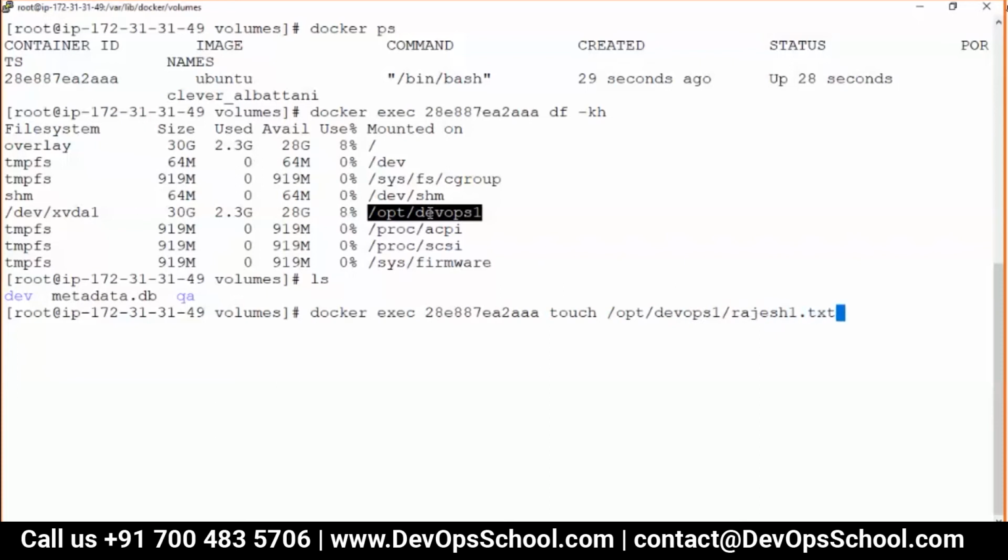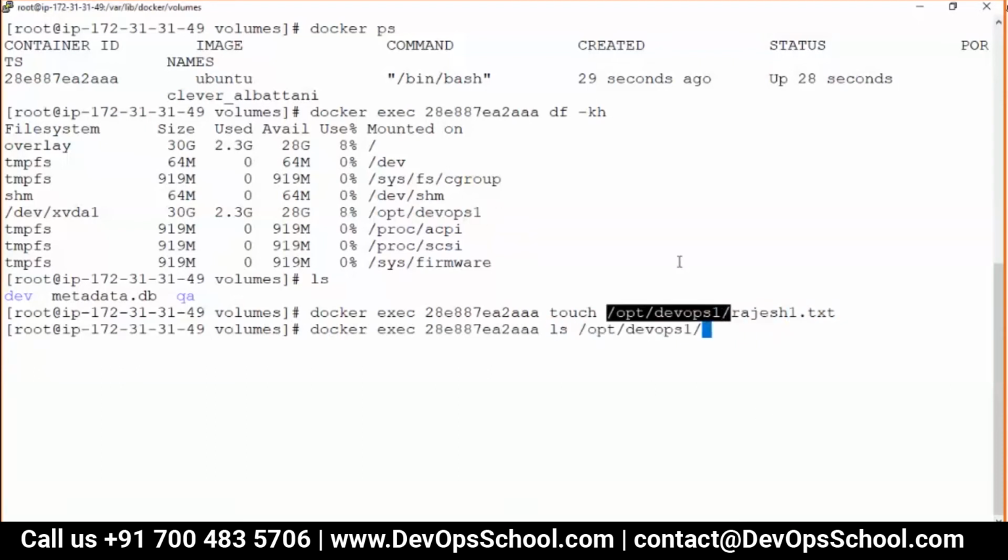I just created a file, and you see here, ls proves whether this file is available at that location. ls, see the file is there.